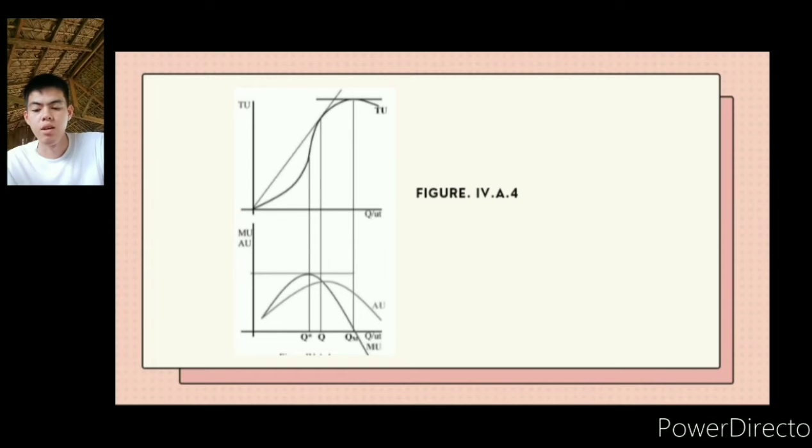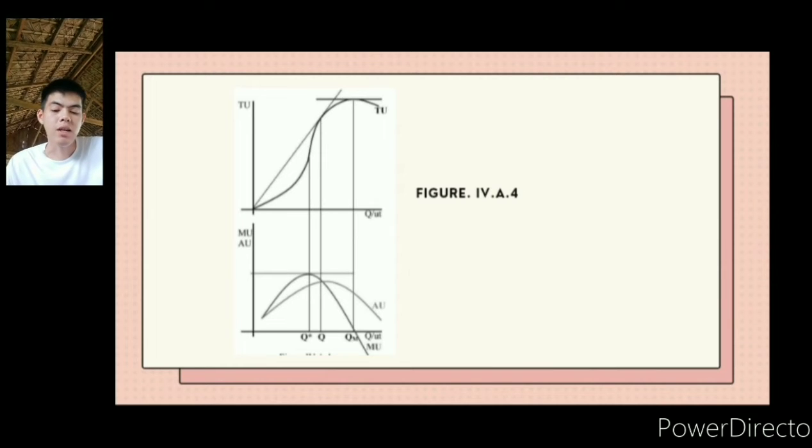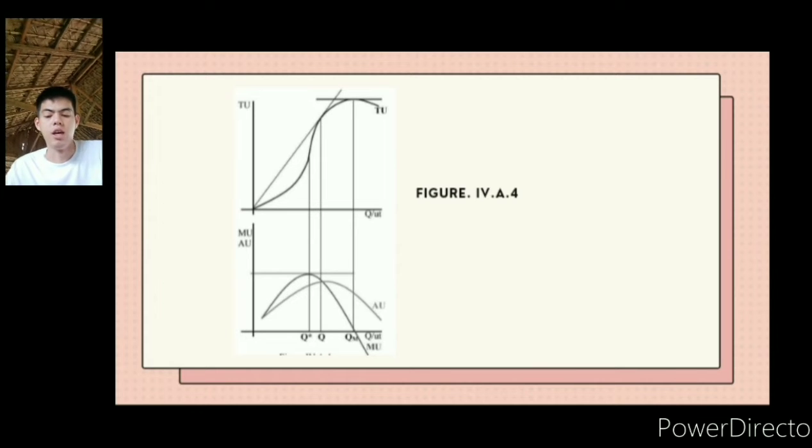Then kapag ang marginal utility ay greater than to the average utility, sa pagkakataon na yun, tataas yung average utility. Kapag naman equals lang yung marginal utility at average utility, it means the average utility is a maximum. Then